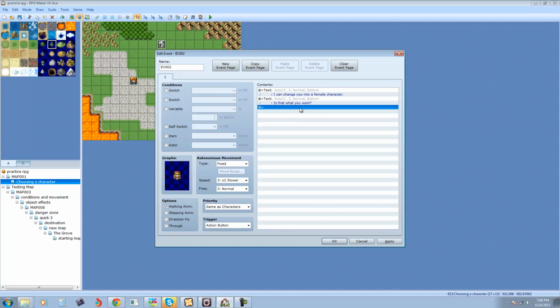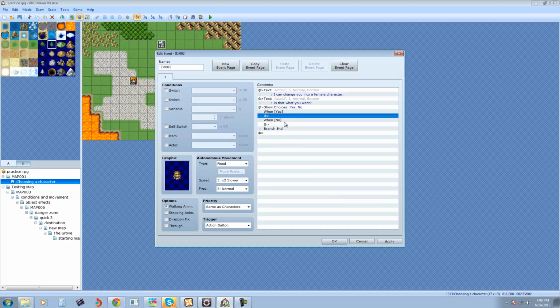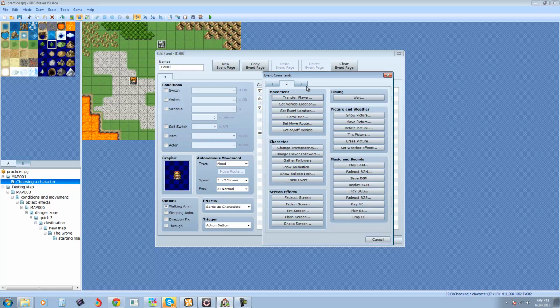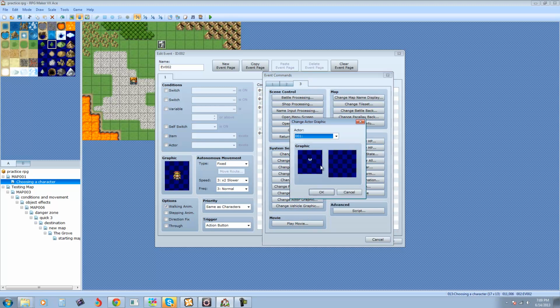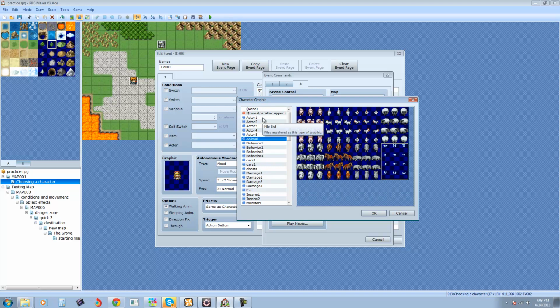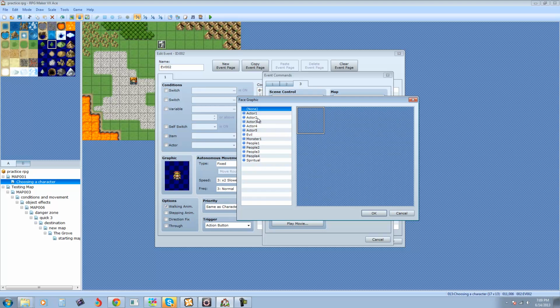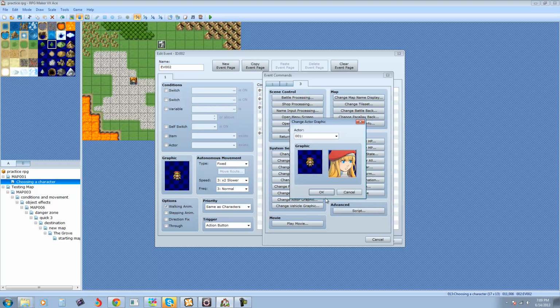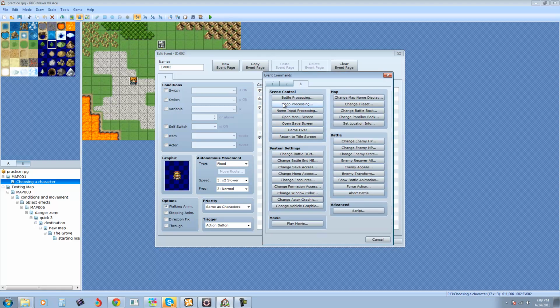So is that what you want? And show choices, yes or no. Make sure you cannot cancel. You don't want them to be able to hit escape and just botch out of this. And then you say yes. Then you change the character into, it's in the system settings on page 3. Change actor graphics from the butterfly to this female, and of course, the female face. Okay. And if they say no,